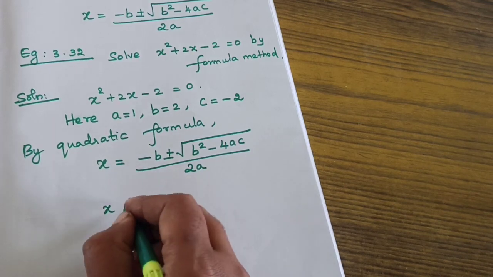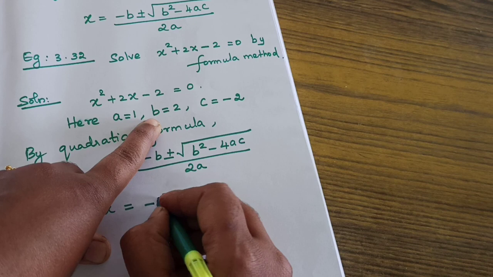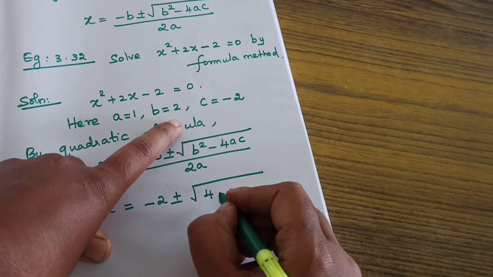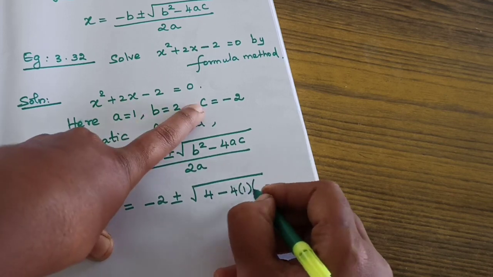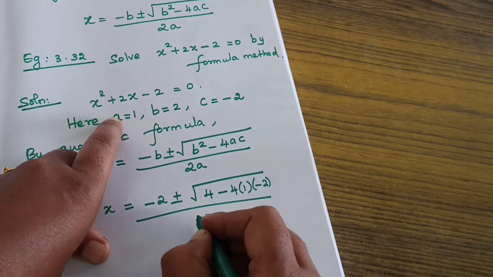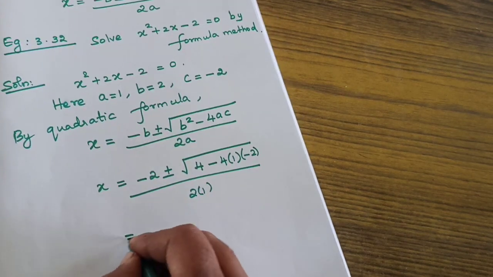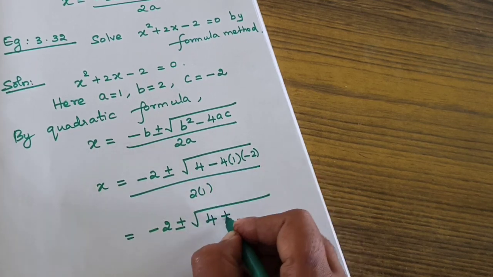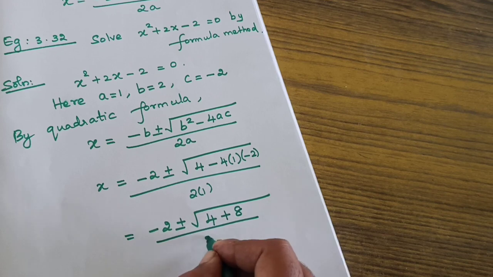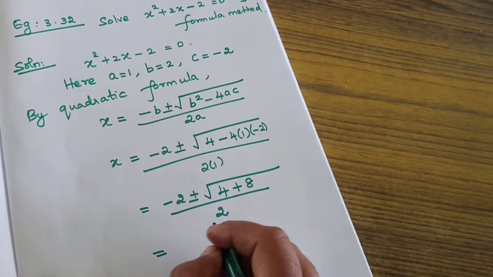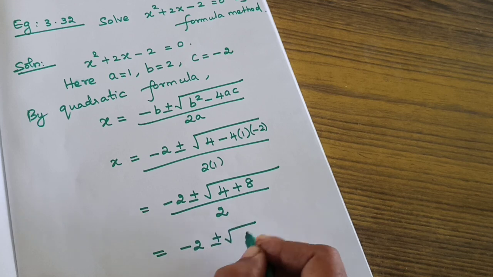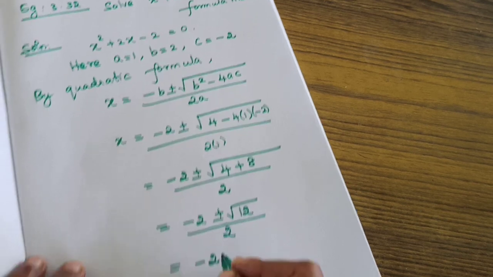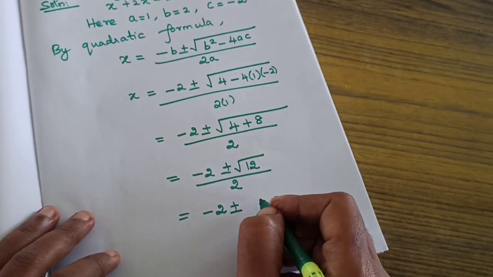Then substitute the values. x equals minus b plus or minus square root of b squared minus 4ac, by 2a. With a equal to 1, b equal to 2, this is equal to minus 2 plus or minus square root of 4, minus into minus plus 4 twos are 8, by 2, which is equal to minus 2 plus or minus square root of 4 plus 8, that is 12, by 2, which is equal to minus 2 plus or minus, after taking this